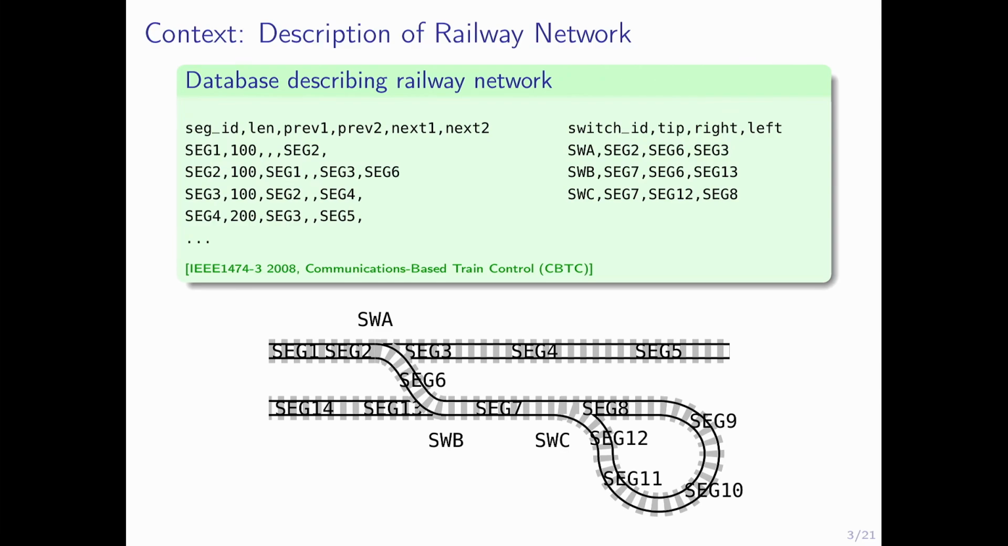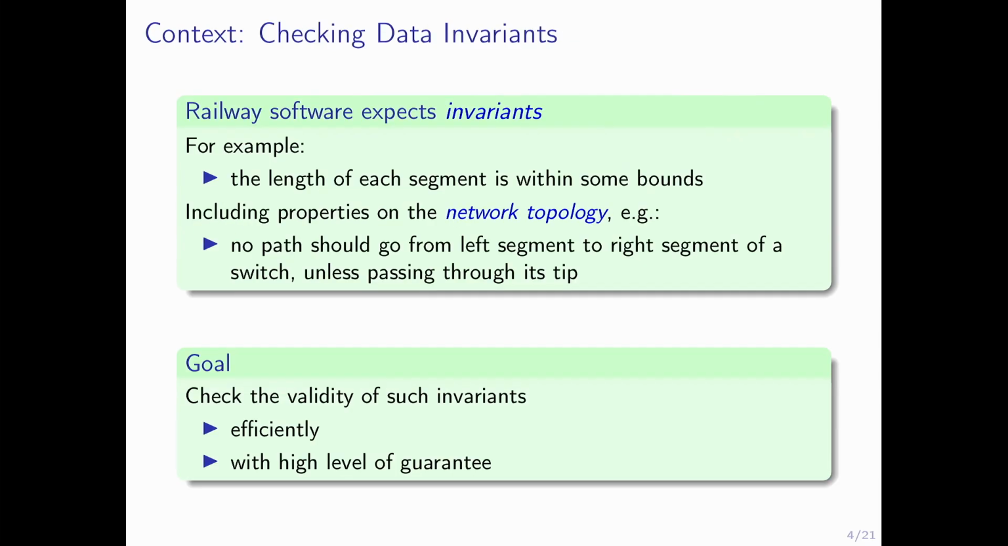And you have also switches in the network. Typically the switches will connect 3 segments together: the tip segment here for switch A, seg 2, and the right and left branches, seg 3 and seg 6. So given this kind of description of a railway network, the question we were asked from Mitsubishi Electric is